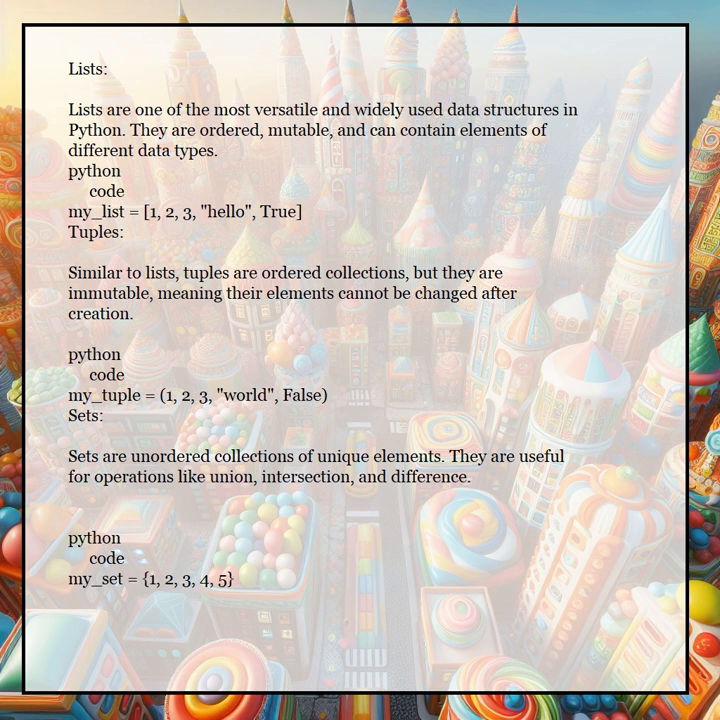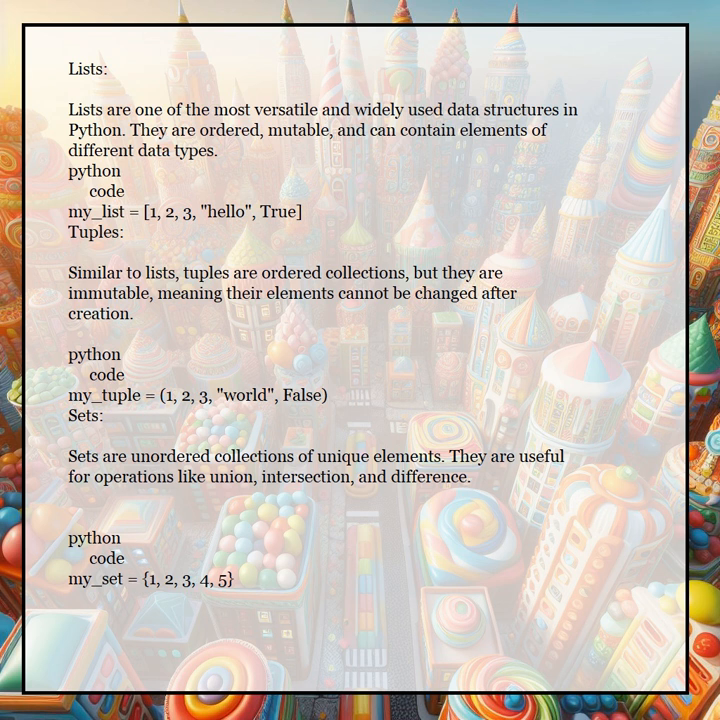Lists. Lists are one of the most versatile and widely used data structures in Python. They are ordered, mutable, and can contain elements of different data types. Python code: my_list = [1, 2, 3, "Hello", True]. Tuples. Similar to lists, tuples are ordered collections, but they are immutable, meaning their elements cannot be changed